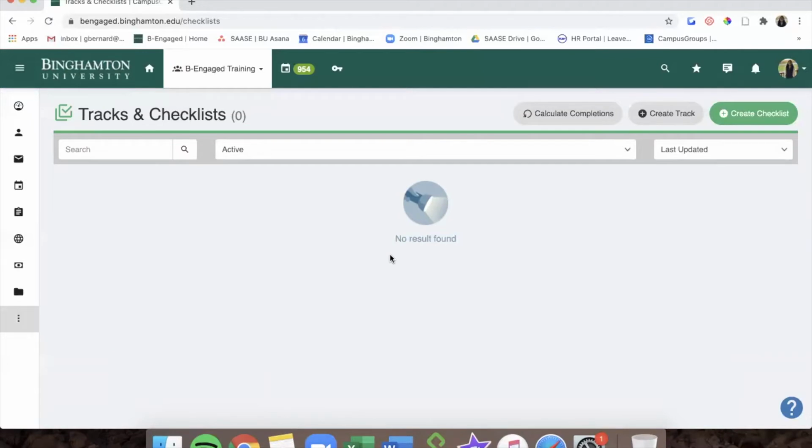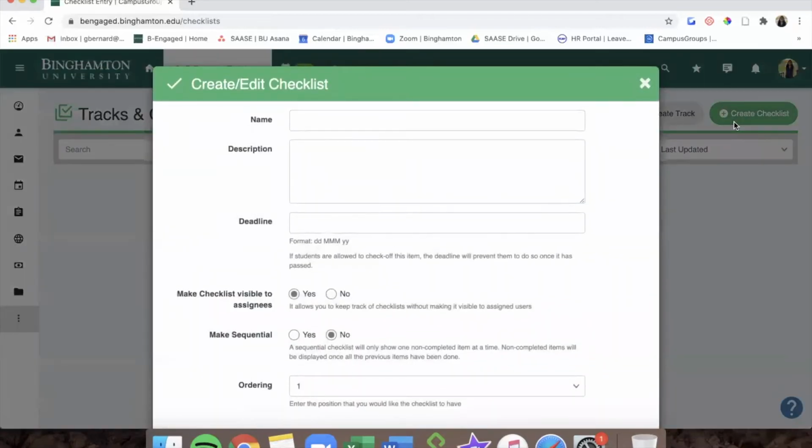To create a checklist, you're going to start by clicking the green Create Checklist button at the top right of your screen. This will bring up a pop-up window where you'll create your checklist. Populate the fields in front of you by inputting the name of your checklist, inputting the checklist description,